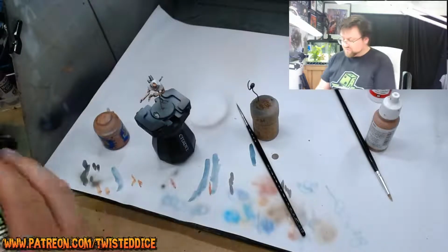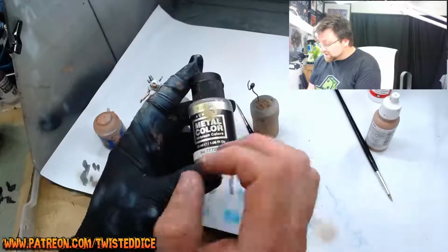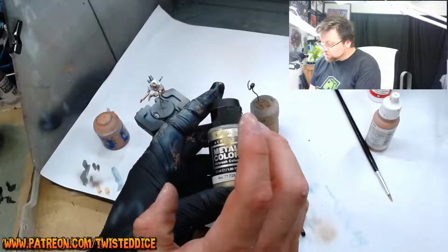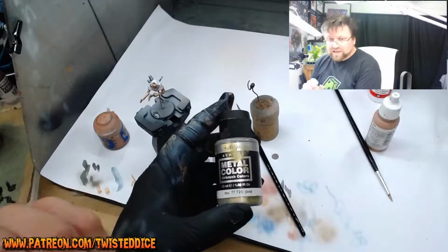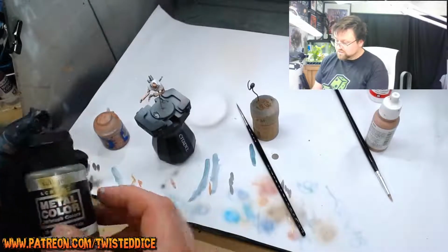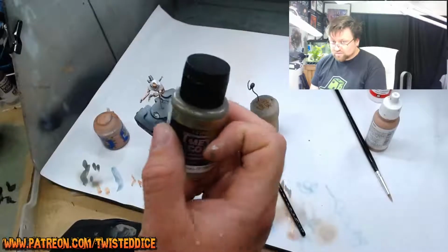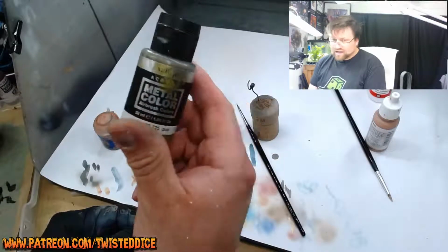With the metal golds, again, it's Vallejo. Really nice, when you use these, you can use these straight out of the actual pot itself. They work really well through the airbrush. With the airbrush, put a bit of thinner through them, but when you put them through the airbrush, man, you can do some really sick, awesome things. I gave Dan a recipe, a gold recipe, using a mixture between Citadel and this, and it just come out